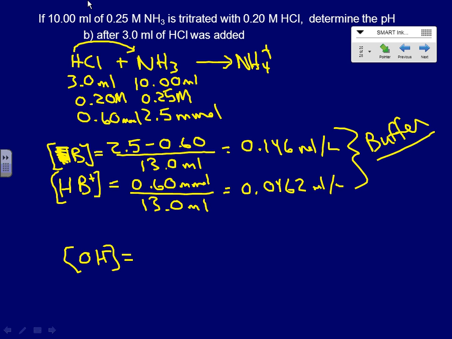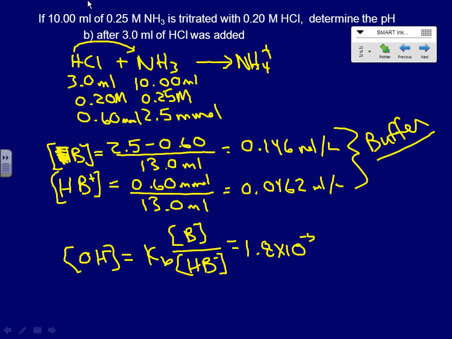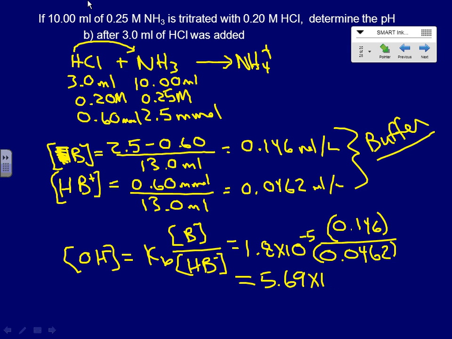All right? So I need my base buffer equation. OH minus equals Kb, B over the conjugate acid, 1.8 times 10 to the minus 5. The B, 0.146. The HB, 0.0462. And if you do that calculation, hopefully you'll find, because I hope I did these right, 5.69 times 10 to the minus 5